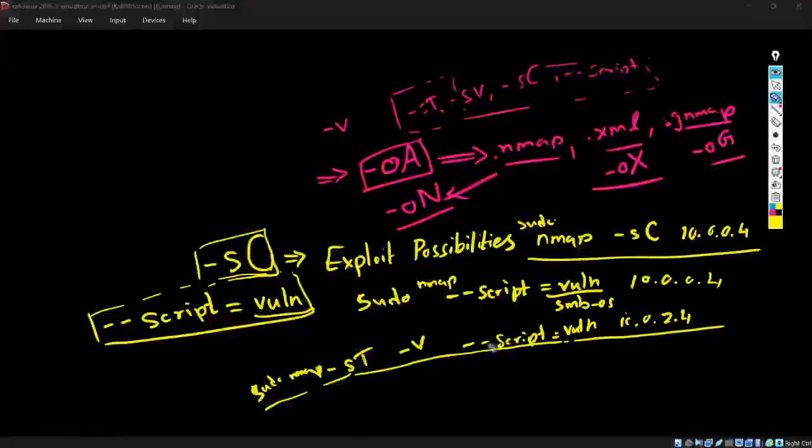You can use it as a combination as well, combining everything together and scanning. Thing is, whenever you combine more stuff together, it's going to take a longer time for your scan. So try to use the important ones and use -T4 as well, so it will increase the speed. Okay,